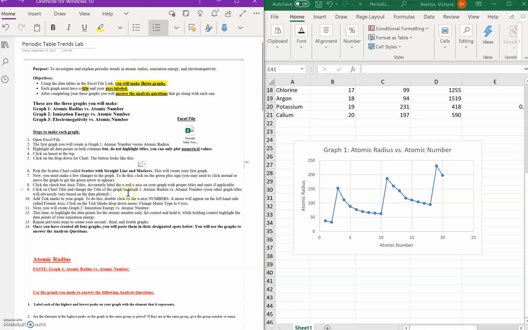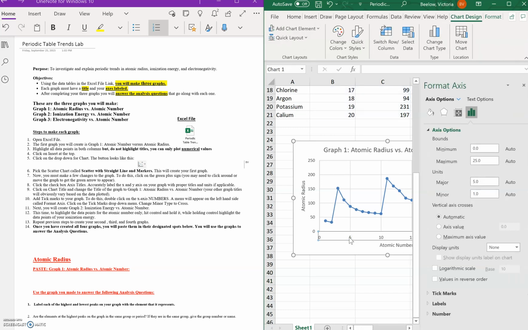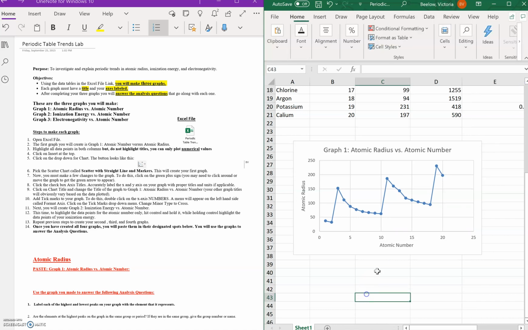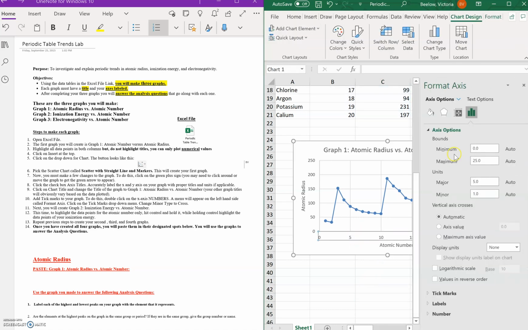And there we almost have it. So we're here on step 9. So we change the title. And then we're going to add tick marks to the graph. To do this, we're going to double click on the x-axis numbers. So if you double click on the numbers here, you should get this to show up. Okay, so you just have to double click on, like I'm going to double click here, and you should get